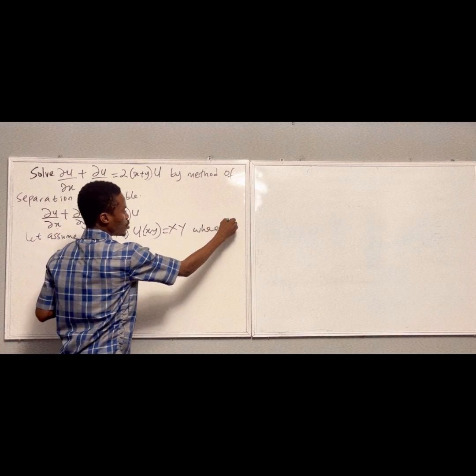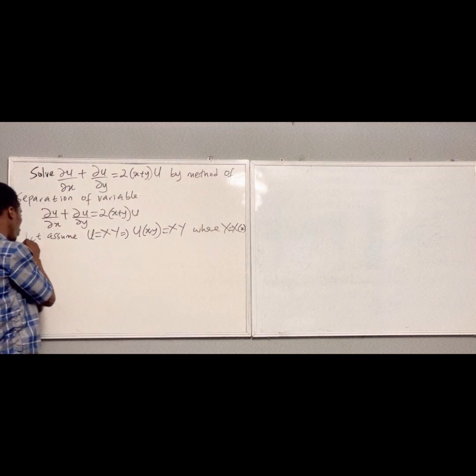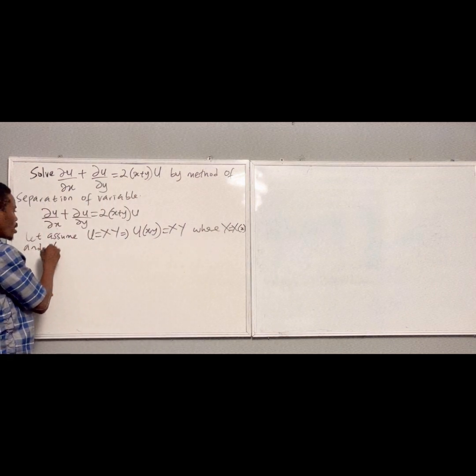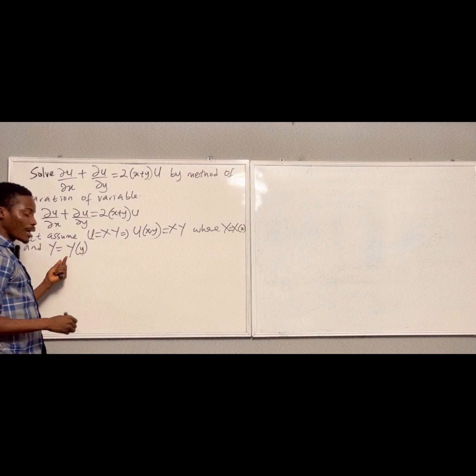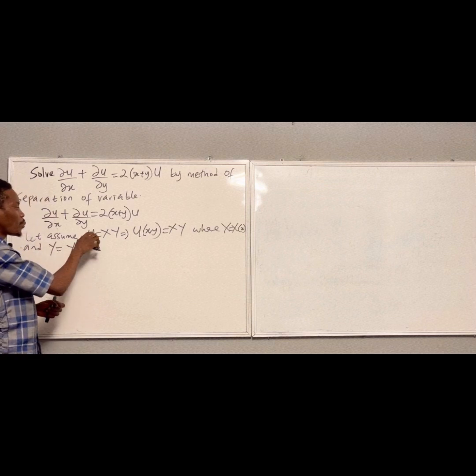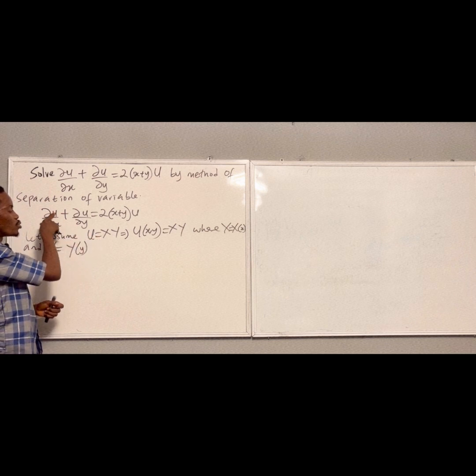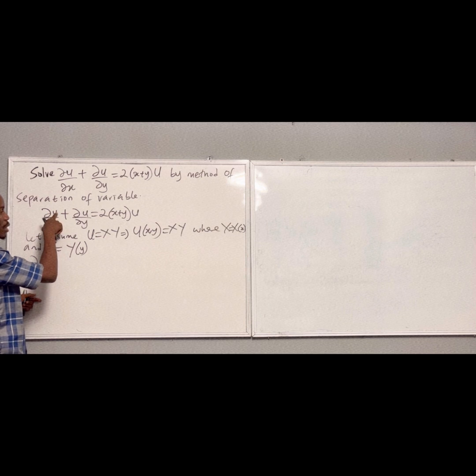Where X is a function of x, and Y is a function of small y, that is, capital Y of small y. So we now plug this in. Whenever we see u, we plug in XY. So let us now consider. We are going to have ∂(XY)/∂x